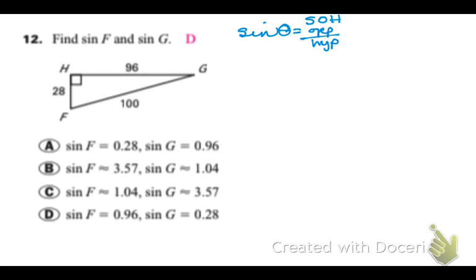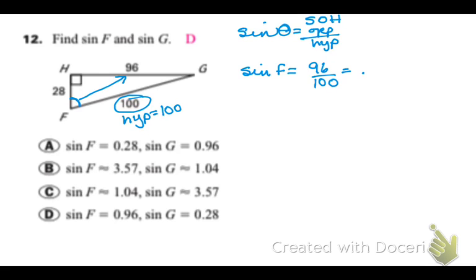So the easiest thing to start with is which is our hypotenuse, and the hypotenuse is always the longest, so our hypotenuse is going to be equal to 100. Okay, so sine of F, where's F? There's my angle F. I need to figure out which is the opposite. 28 is next to F, it's not the opposite. 96 is the opposite. So the sine of F is 96 over 100